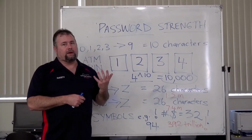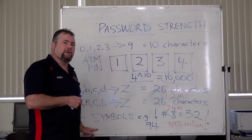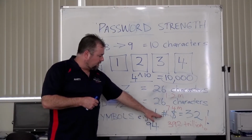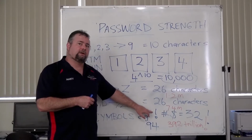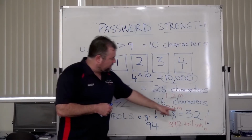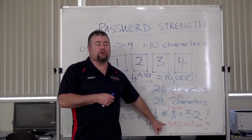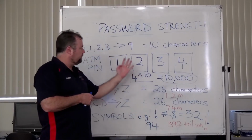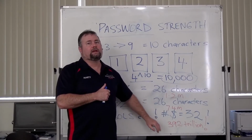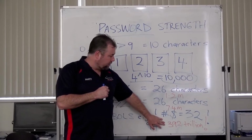And the last thing that they often ask us to do these days is to make it stronger, include one of the symbols on the keyboard. Some of the symbols that you might be familiar with, $, hash sign, exclamation mark. There's actually approximately 32 symbols on a standard keyboard. So we now add 32 to the previous numbers, and we're now in this range, 392 trillion possibilities for a 4-digit password. Very difficult for someone to guess, extremely difficult for a computer program to generate all those combinations and